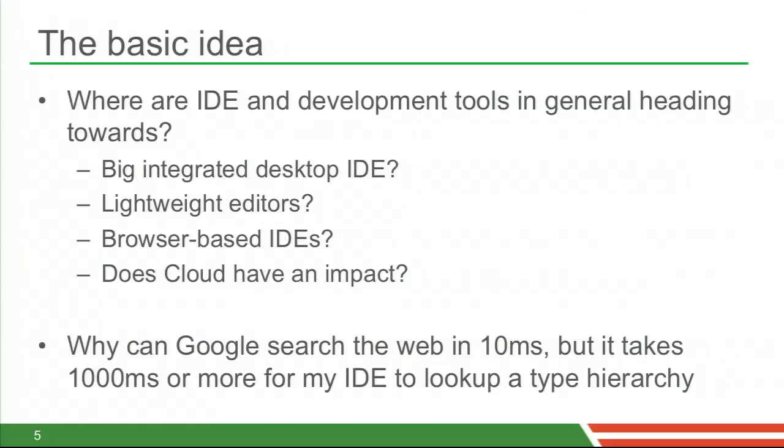And the other question that drives me is, when I think about development tools and what's going on there, why is Google able to search the whole web in 10 milliseconds when I go to Google search? And why does my Eclipse IDE take 1 second when I say, please open this type hierarchy or search for something in my workspace? Why is there such a big difference, right? It sounds strange, and there might be good answers why that is the case, but there was also a driver